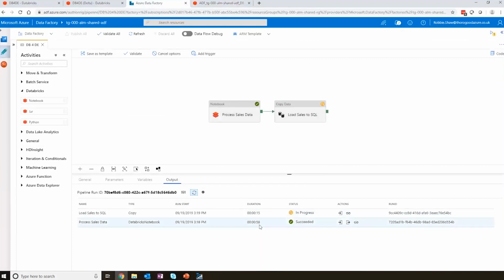It ran, took about 58 seconds. It's a bit slower when running for ADF, you have to connect and then run, but it took about 58 seconds in total for carrying out that load of the 4 source files, including the million sales records, carrying out the transformations, and then creating the output files. The next step that's now running is the load of that data to SQL, and that's succeeded as well. That's the end of this demo, so I'll hand back now to Robbie, who's going to have a look at